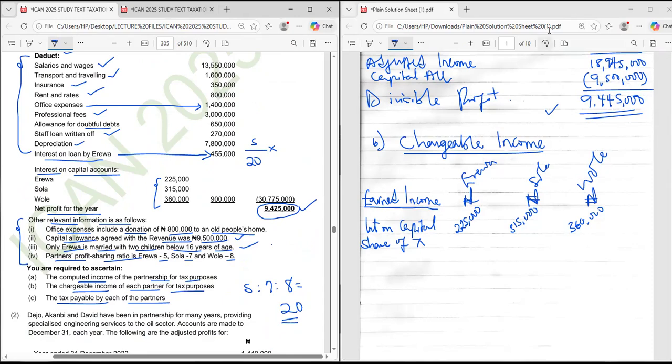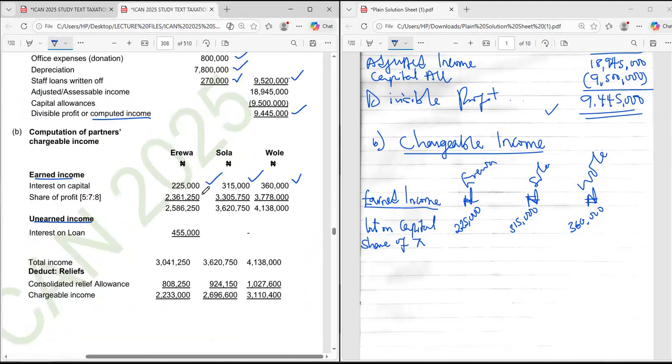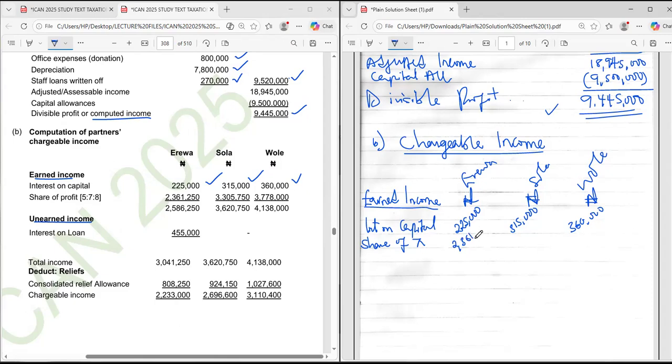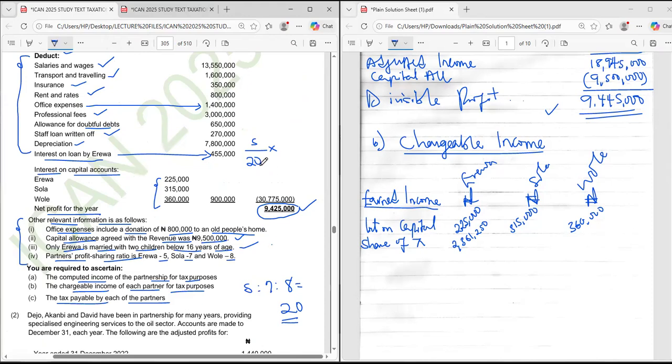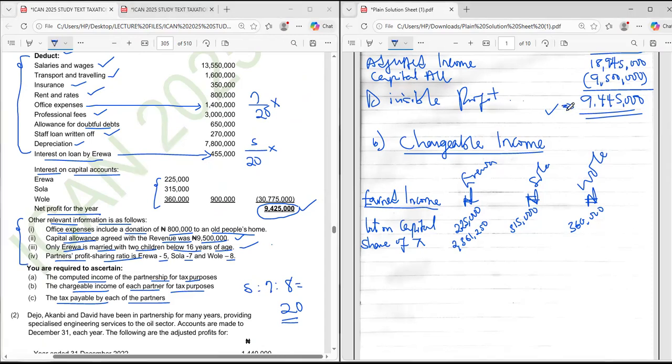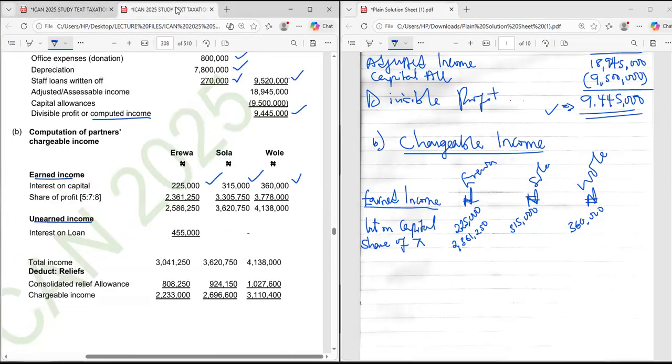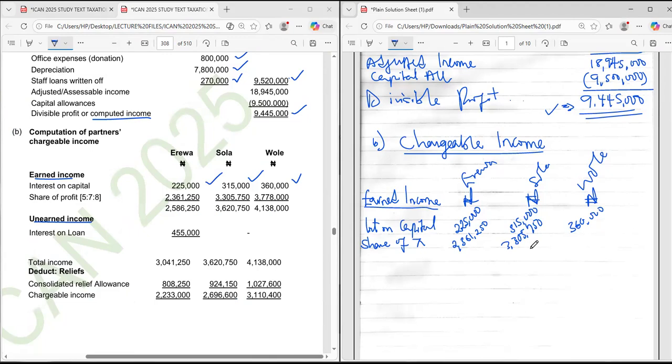What do you get? 5/20 times 9.44. What do you get? You get 2,361,000. Correct. So 2,361,250. Okay, do the same thing for the next guy. 7/20 times the income. That's your divisible profit. Let's confirm that. 3 million, okay. 3,305,000. 750. Okay, finally do